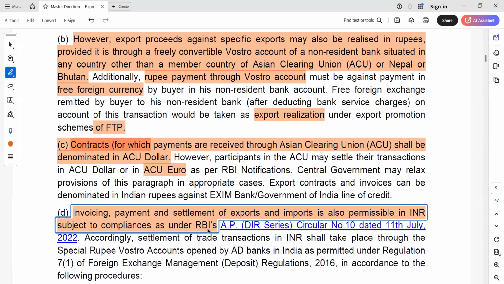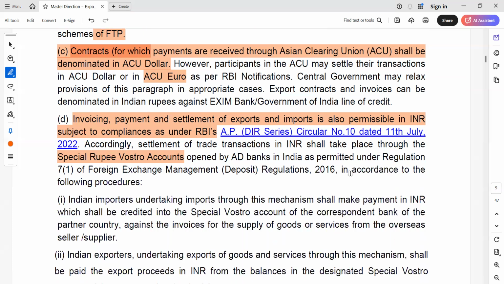सकते हैं, बट दैट रिक्वायर आरबीआई कंप्लायंस। Accordingly, settlement of trade transaction in INR shall take place through the special rupee Vostro account opened by AD Bank in India as permitted under regulation. तो उसके लिए फ्रेंड्स स्पेशल रूपी वॉस्टो अकाउंट है, उसके थ्रू ही आईएनआर में वही एक्सपोर्ट इंपोर्ट कर सकता है। ओके, so this is the procedure that